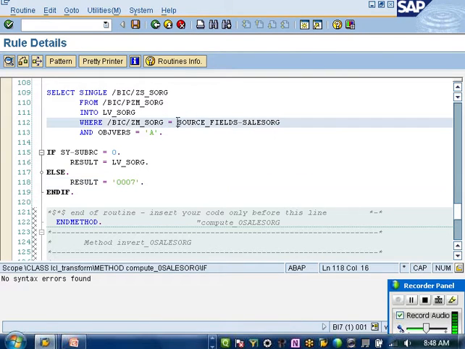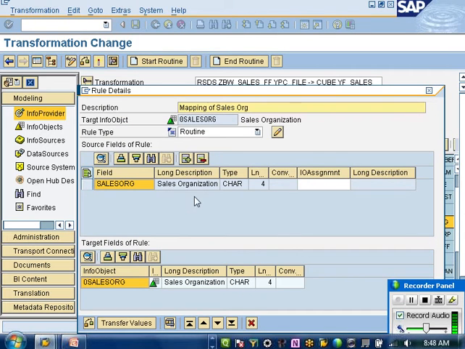Okay, did you find anything change in the routine first? And in the next session, I'm going to show again how we change the transfer routine by instead of reading it directly. If I do the routine, it does execute record by record. Every record I'm going to read the database. Instead of doing this, I'll use start routine, fill internal table, then I'll use it in the next case.